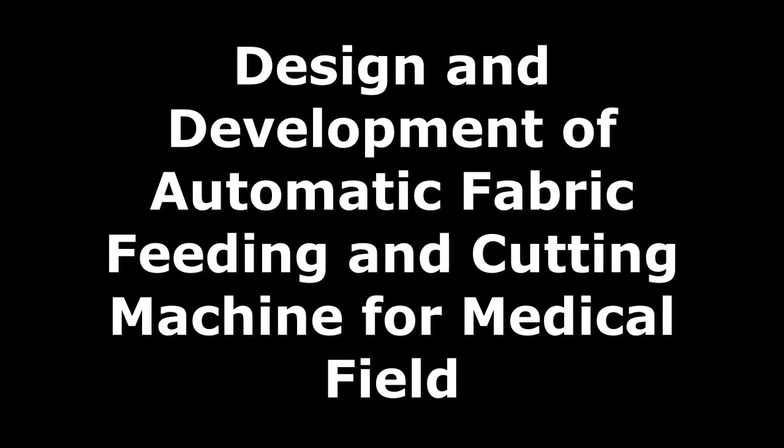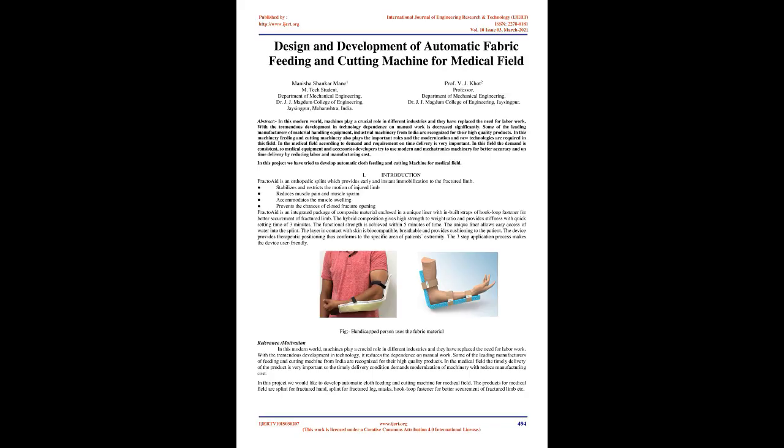Design and development of automatic fabric feeding and cutting machine for medical field. Abstract. In this modern world, machines play a crucial role in different industries and they have replaced the need for